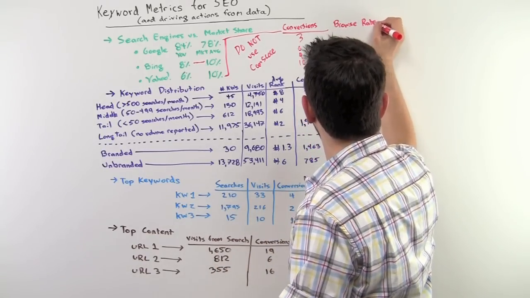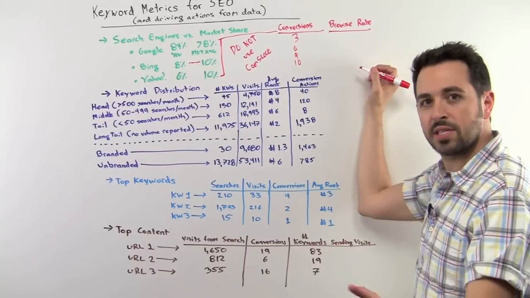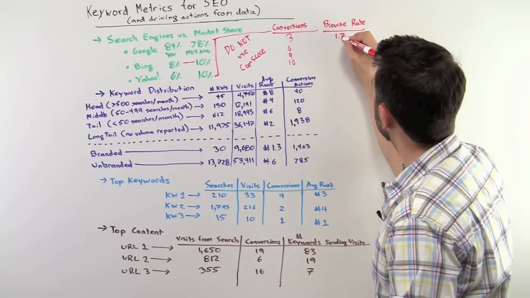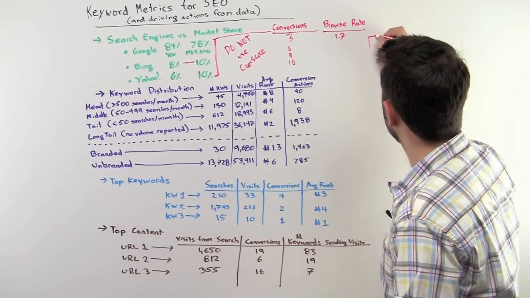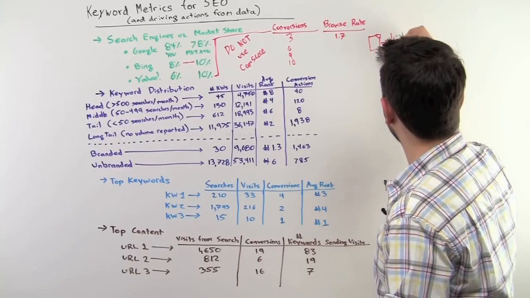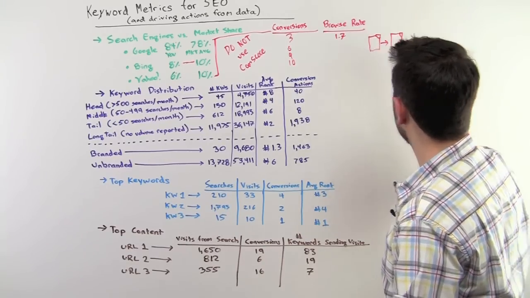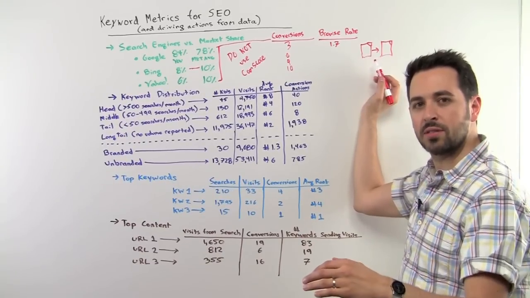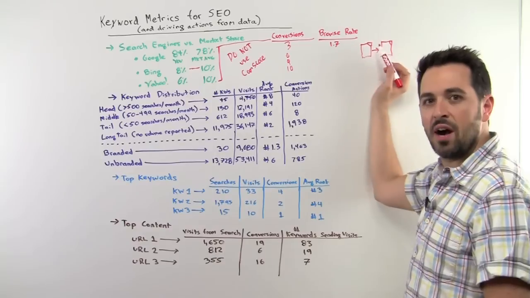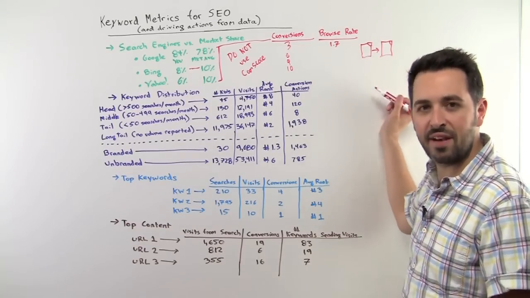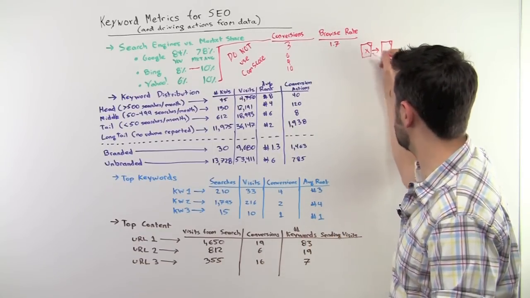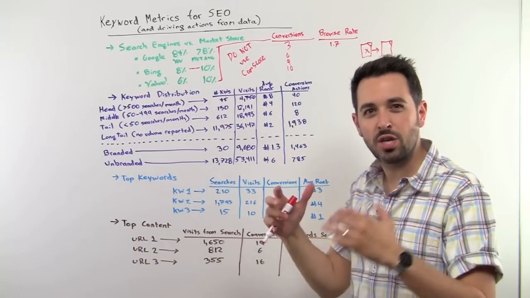So browse rate, come over here for a sec. Browse rate is essentially a simple metric that'll say something like 1.7, which means that on average, when somebody visited a web page of yours, they browse to, let's say, 1.7 other pages, or 0.7 other pages, meaning that if 100 visits come, I will probably get 170 page views from those 100 visits that land on this page, that come from that search engine, that come from that source. So do you get what I'm saying?